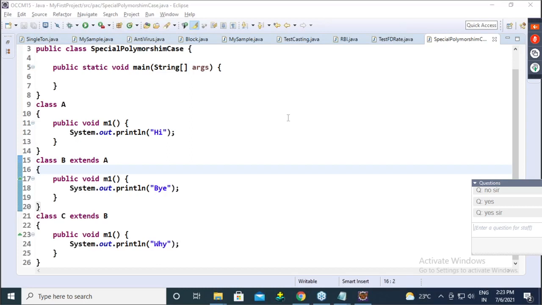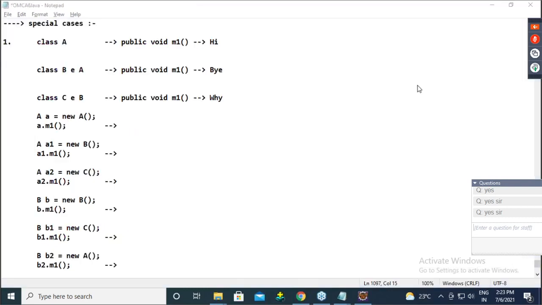In an example, these many cases I am having. Tell me the answer. What will be the answer? In this setup only, I have this many cases.